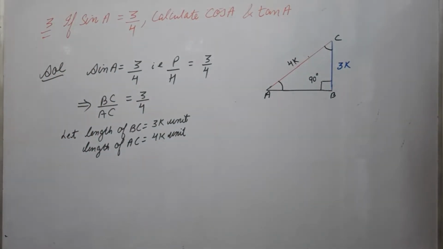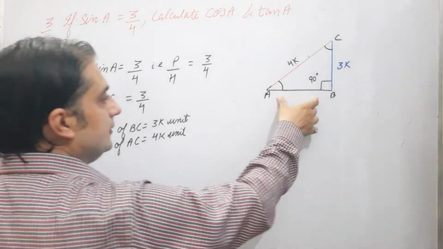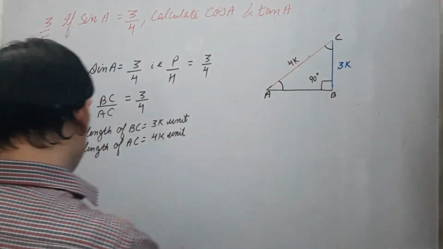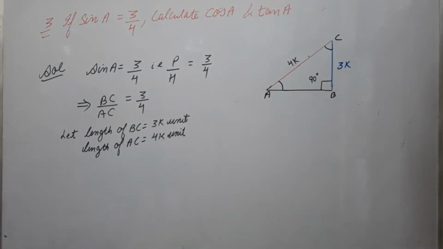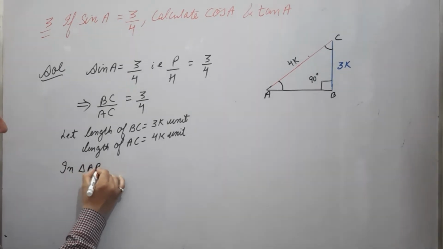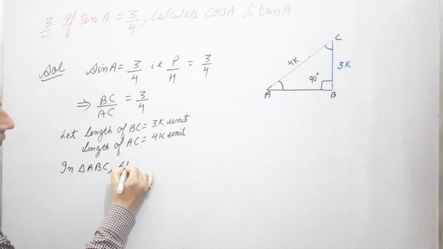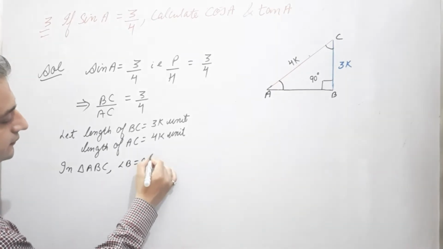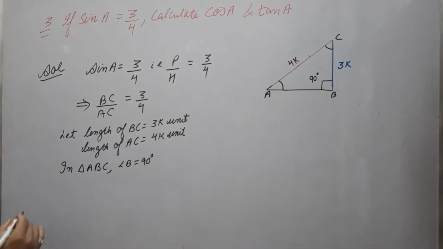First find the third side, that is AB, right? Because we need the three sides to express the T ratios. So again, in triangle ABC, angle B, that is our 90 degrees, by Pythagoras theorem,